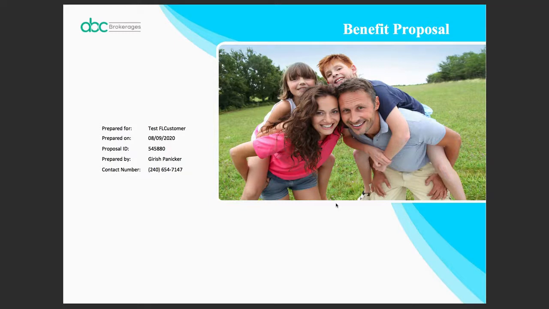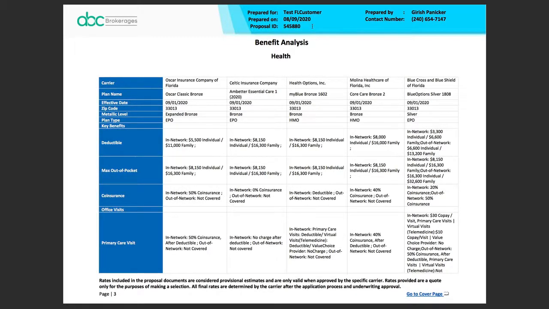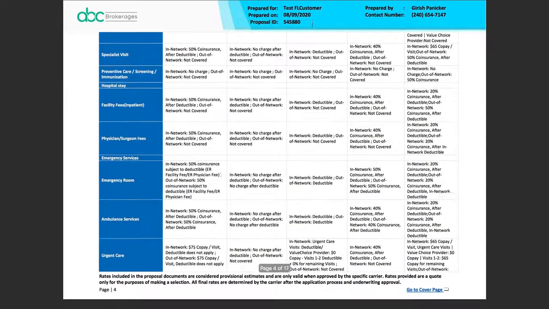As you can see, this is the PDF version. We have both the PDF as well as the Excel version. As far as the proposal goes, you see that there's a fair bit of branding again. We take care of your logos, the name of the customer, the name of the agent. There's also a nice cover letter with your contact information as well as information about the agent and the customer. And then for each line of business, it shows side by side all the plan information, all the benefits.